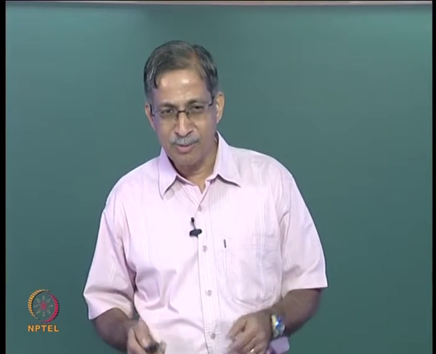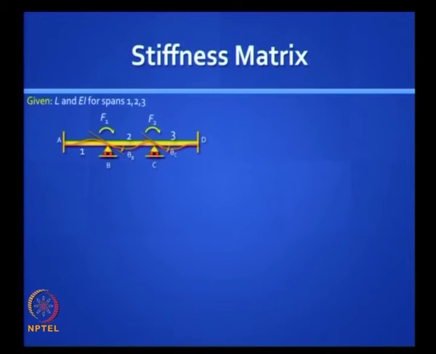So we will just conclude by taking a look at the meaning of stiffness matrix. Here you see a 3 span continuous beam, right. How many degrees of freedom are there? 2 degrees of freedom, right, theta b and theta c, there is no translation. Let us label those potential moments that can be applied there as F1 and F2. So D1 is theta b and D2 is theta c, all clockwise assume positive, is it clear?